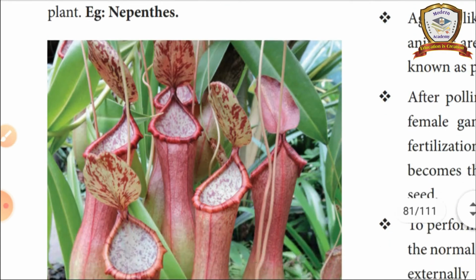These are the leaf parts, modified into flask-like structures, and they are very colorful and bright. If any small insects come and sit on this, it will catch those insects and eat them. This plant will eat the insects in order to get the nitrogen. And at last the digestion process also takes place inside the plant. The digestive enzymes are there in the plant.